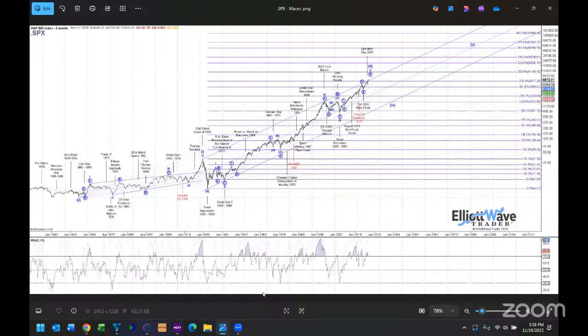But let me take you a step back and I'll take you through the five-wave structure we're seeing in the long-term S&P 500. Now, all of this moves into a wave one high that we struck back in 1929, which led to the 1929 crash. So we're going to call that the top of wave one of this very long-term five-wave structure.